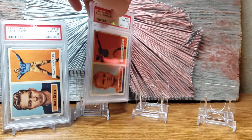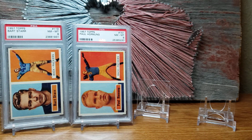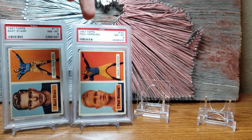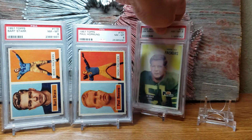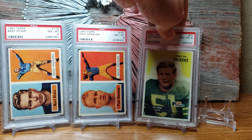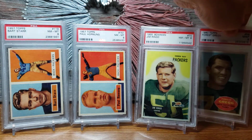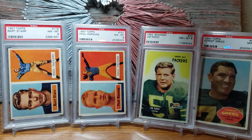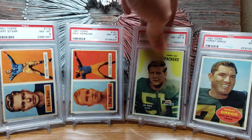And then also this guy, he was responsible for drafting Paul Hornung. Now Paul Hornung might have been more of a no-brainer pick. He was the Heisman Trophy winner the year before. But Bart Starr is an absolute needle in the haystack for sure. And then also he was responsible for drafting Jim Ringo. All of these guys I'm showing you are NFL Hall of Famers. And also responsible for drafting Forrest Gregg, who Lombardi said was the best player he ever coached. So not too bad,